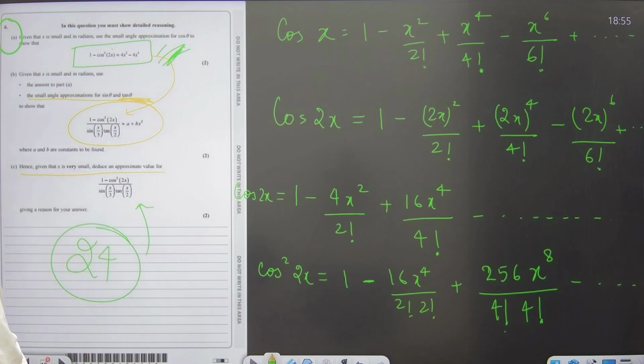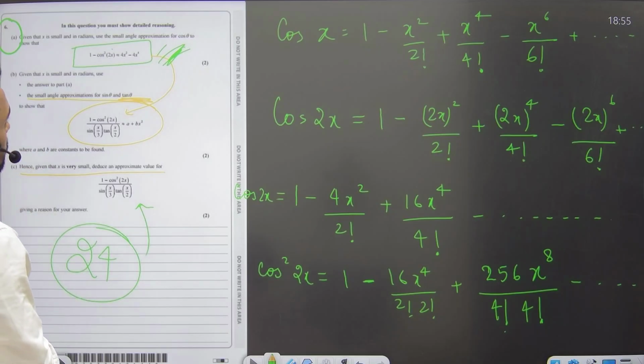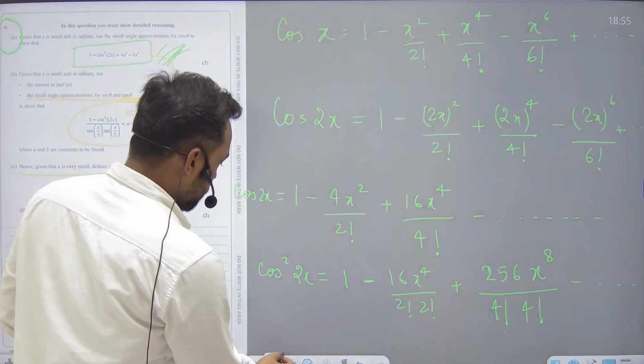Given that x is small and in radians, use the small angle approximation for cos theta to show that 1 minus cos square 2x is equal to 4x square minus 4x power 4. So here you can see that,